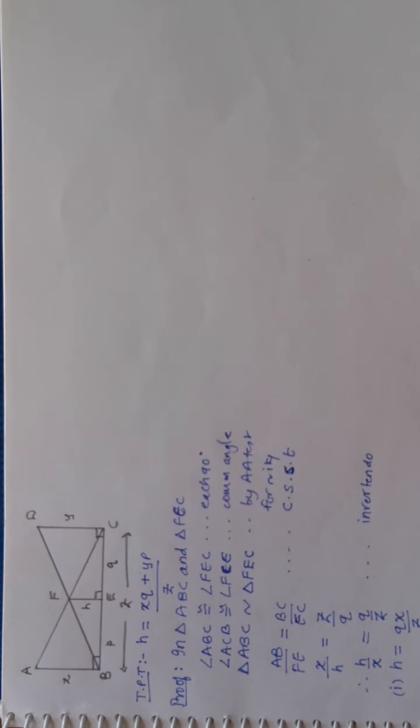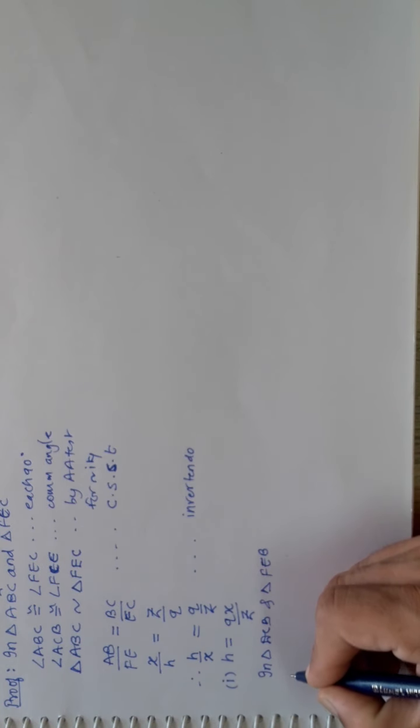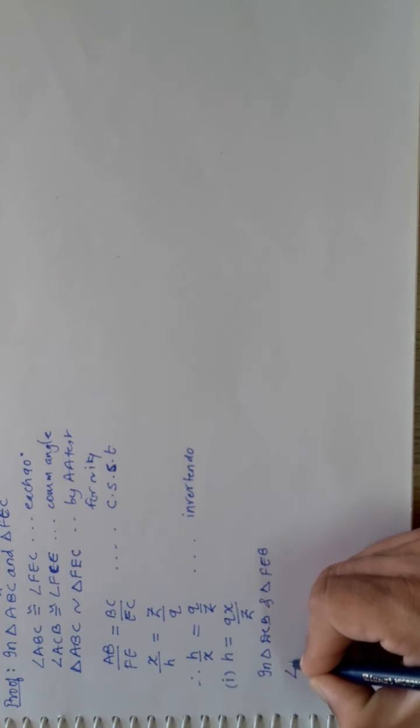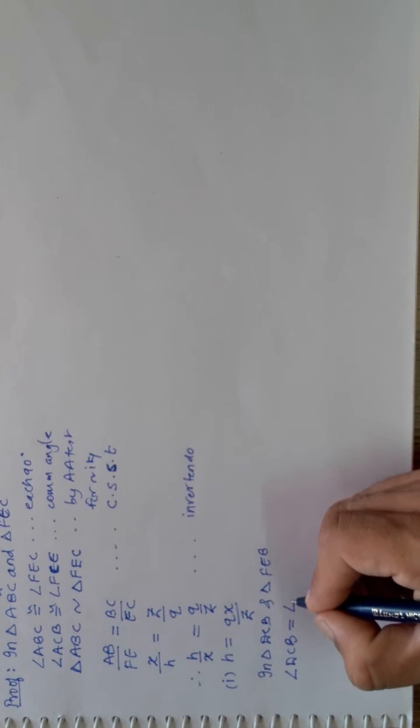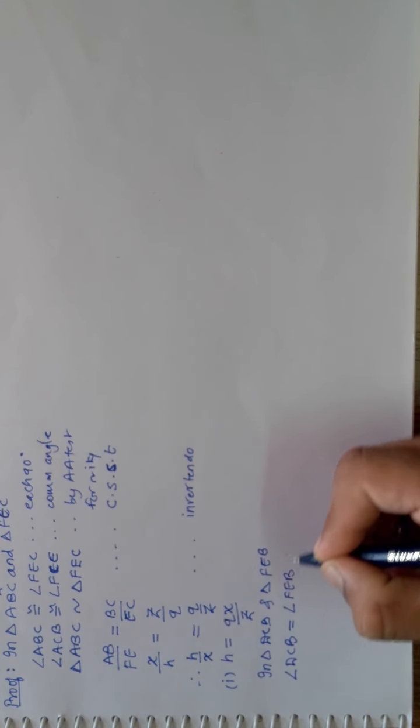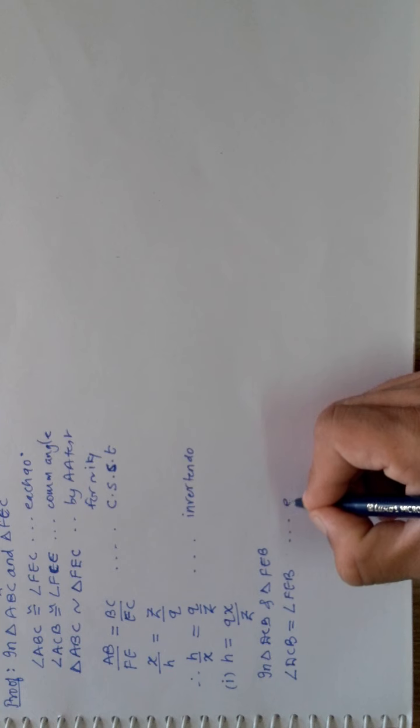Now the figure will not be visible to you, so better you draw the figure and then start the video. Now the same workout I will carry out for Y. That is, I will be taking this triangle and this triangle and showing them similar, which is already shown and explained nicely in the first part. So I will get here one right angle, that is angle DCB is equal to angle FEB, which is each 90 degrees.